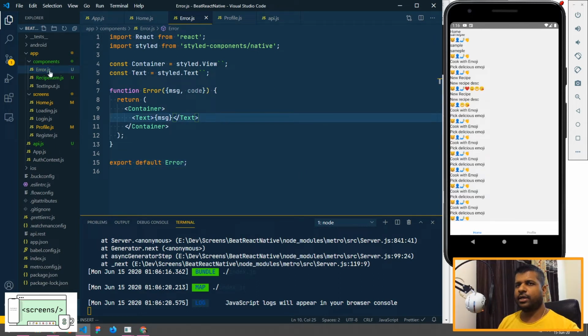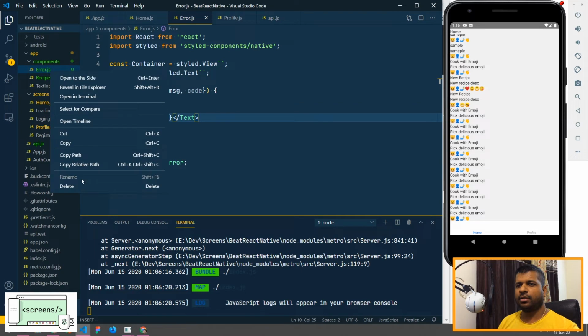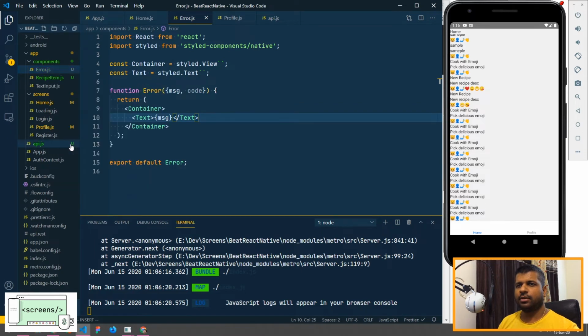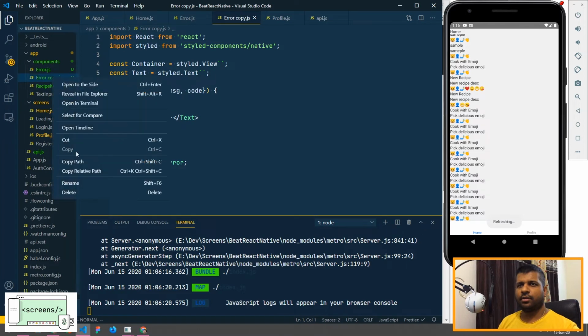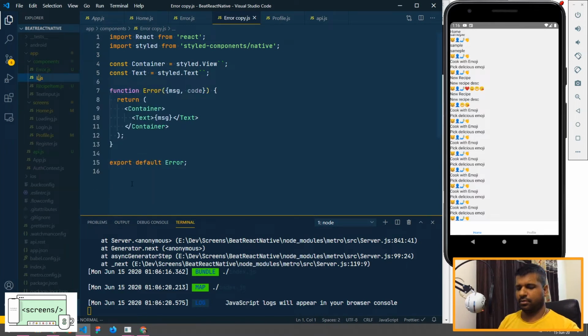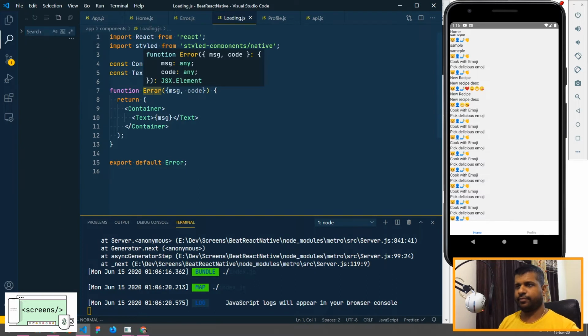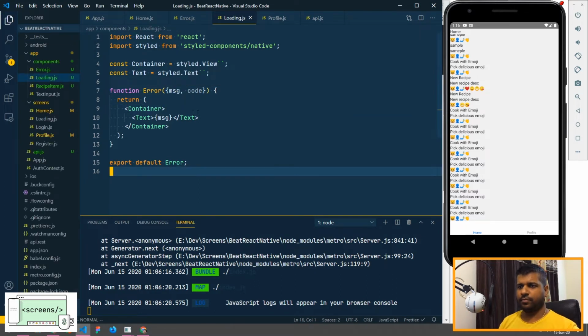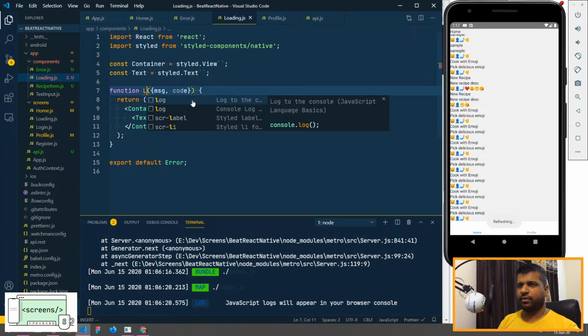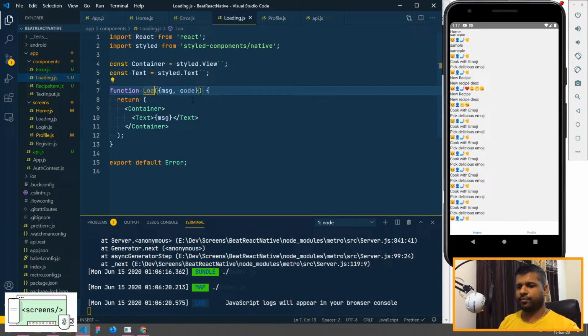So I will go ahead and create the loading component just like the error component. So let's go ahead and copy and paste it. Let's rename it to loading. Okay, and instead of error, it will be loading. Okay, and we don't want any props here.